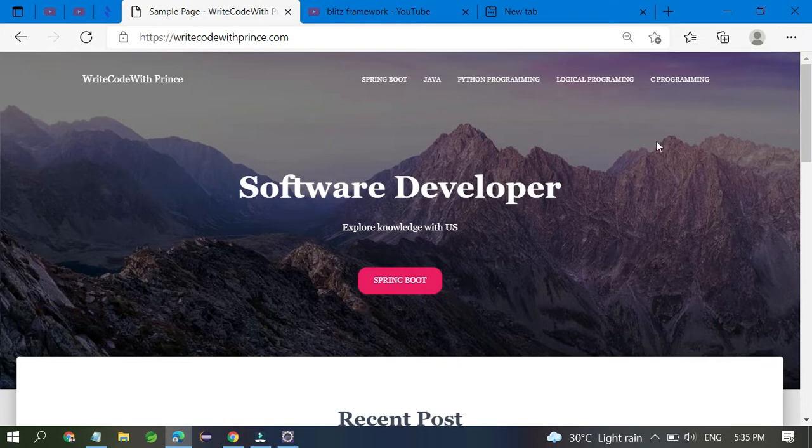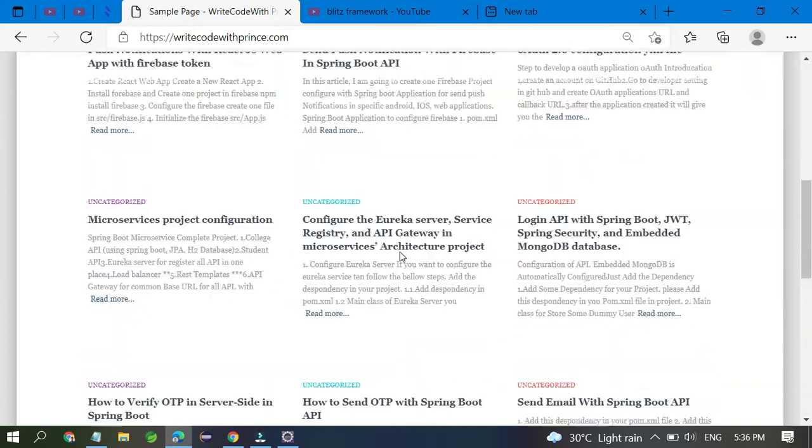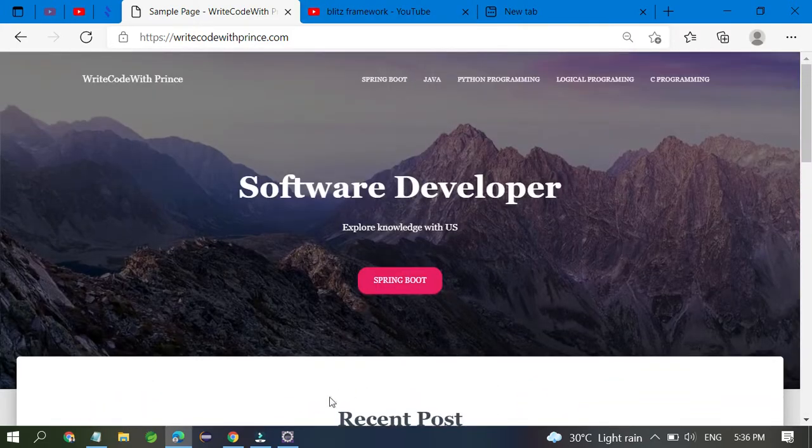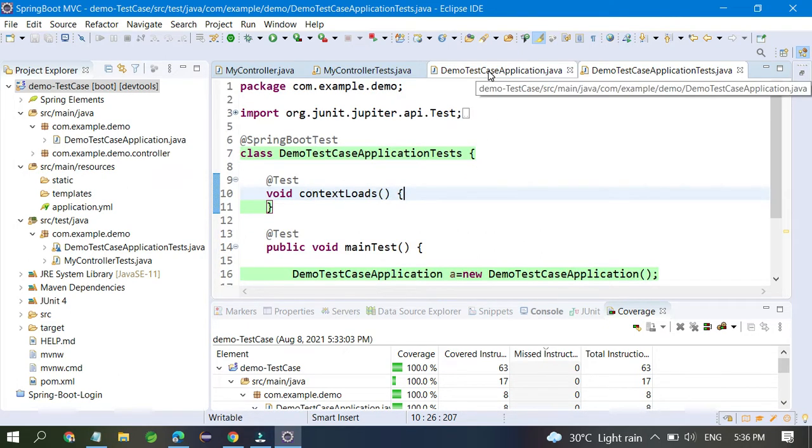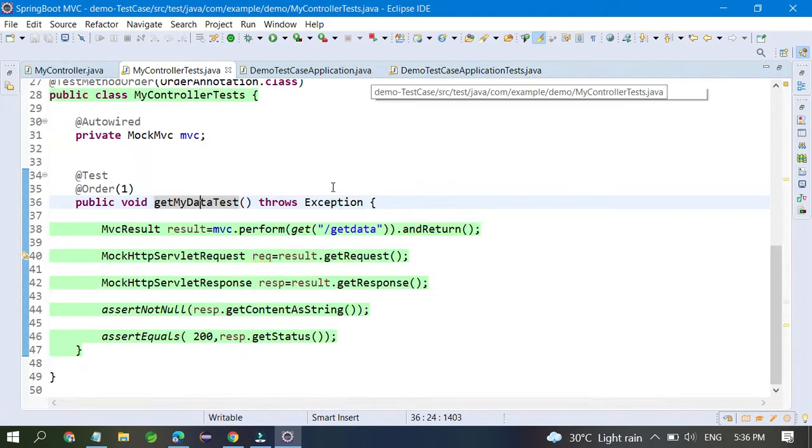If you want to search, where can I search, guys, I will give you the link for this also. This project I will commit on GitHub so that you can understand everything.